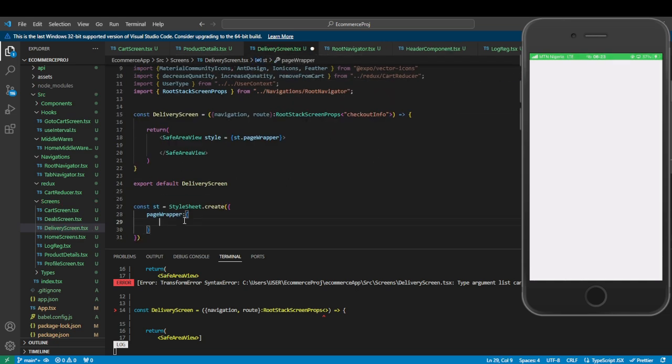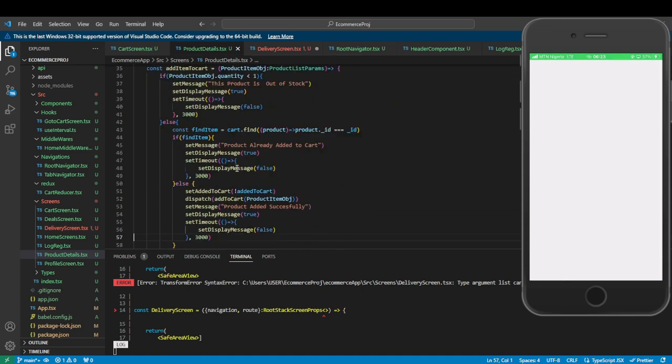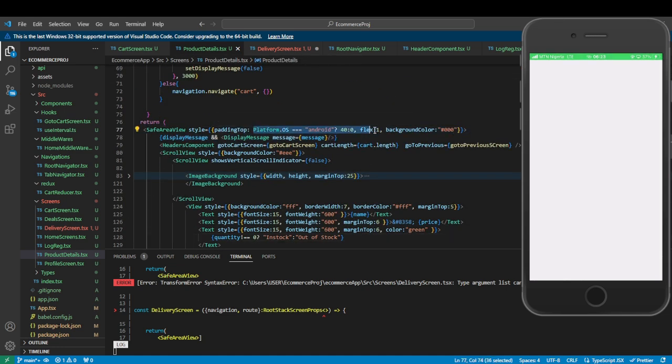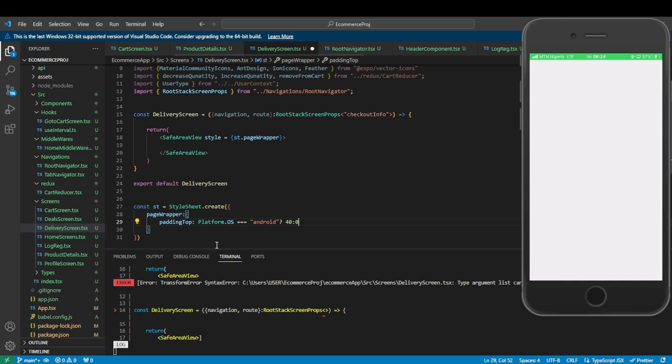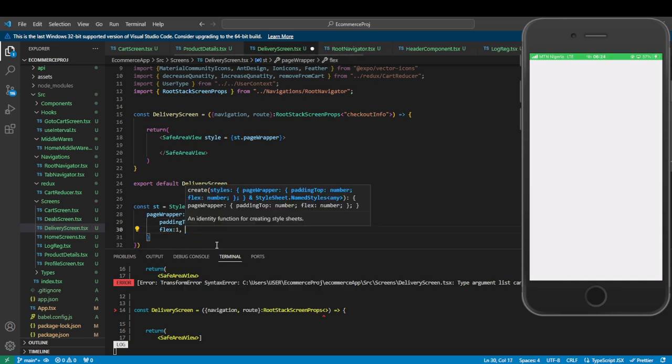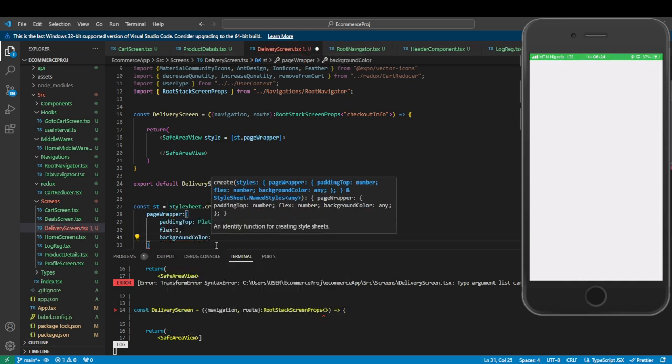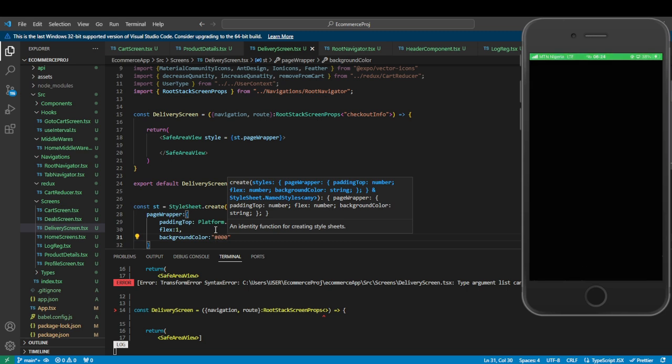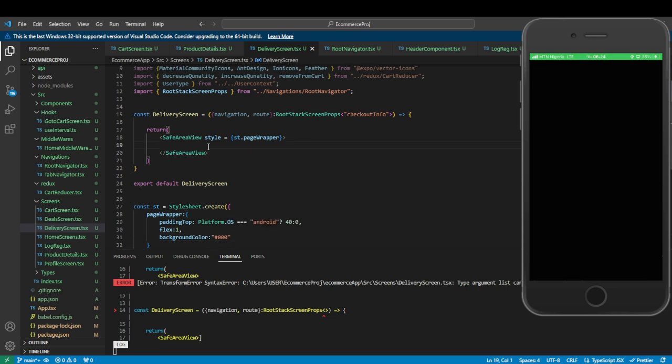So there is one. Let's give it padding top. So let's write that. Yeah, this thing here. Bring it here. So let's flex one. Maybe background color. And we're going to retain the background color black. Change good. It has changed. So we'll come back to our